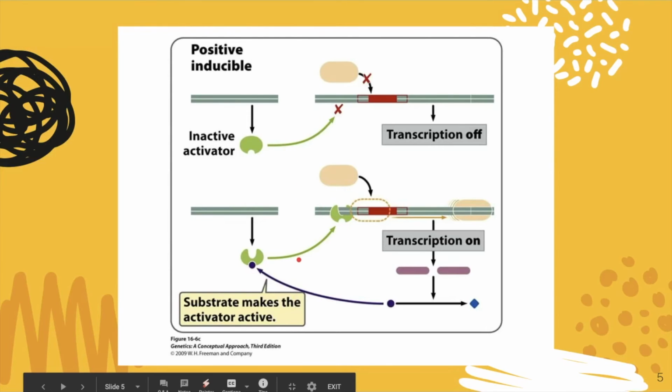So here's a diagram of positive inducible control. Thanks, Kat, for helping explain. So we've got our small molecule here that will bind then to the activator protein. The activator protein binds to the activator protein binding site, and it helps the promoter recruit RNA polymerase. So RNA polymerase binds to the promoter and then transcribes these structural genes that are down here that will create protein products that our bodies need.